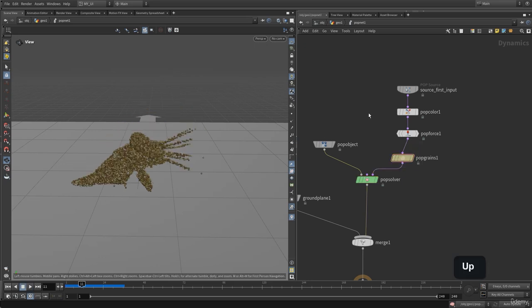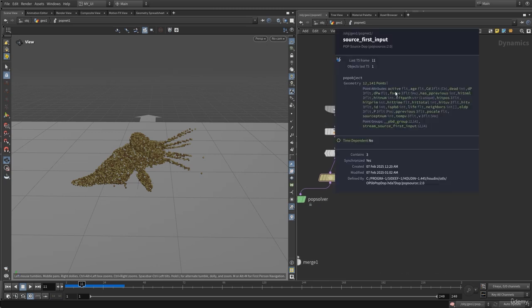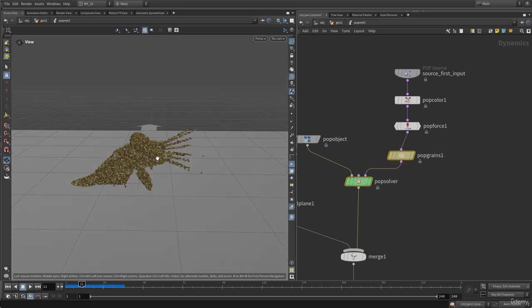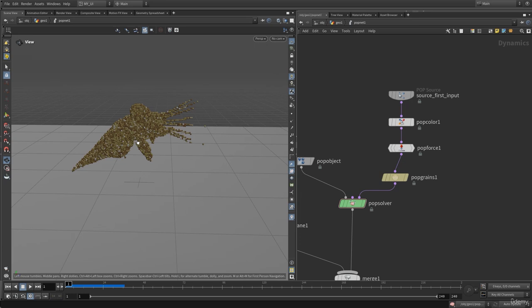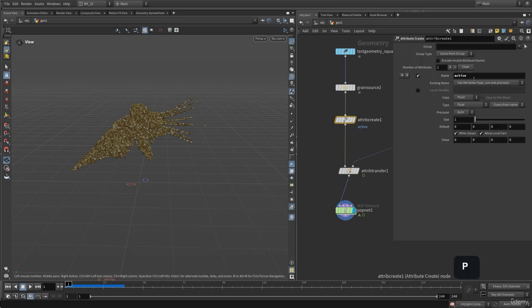We do have the active attribute. If I were to middle mouse button, let me move this aside, and here you can see we do have the active attribute, but it's just there. It's not doing anything because the pop grain node and the pop solver, all of these solvers, do not know what the active attribute is. But there is an attribute that this solver can understand, and that is the mass, which means we can set the mass. And if I were to go back, and let's go into the attribute create node,